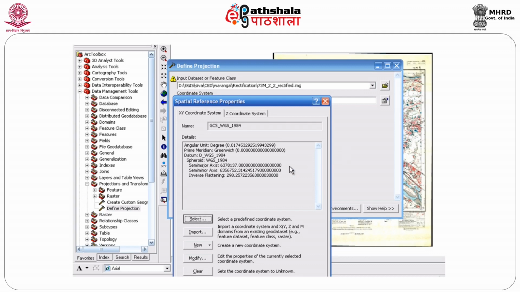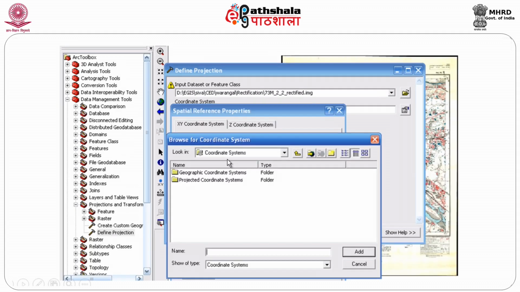Very importantly, I was telling you how you set the data frame properties. You will have to also give the bounds for this, and you will have to give the values in such a way that it will have a coordinate system. Either it is going to be your, say, WGS 84 coordinate system, which could be your latitude longitude, or it could be your easting and northing, what you give in the form of your, say, UTM coordinate system. Either of the two can be utilized very well. Now, coming back to this one, we will have to choose the values according to the requirement. So, just select this and then make the system.